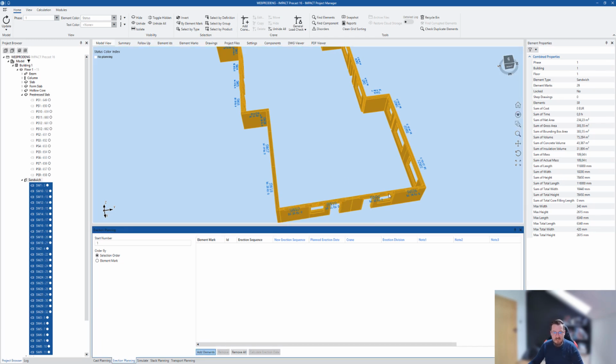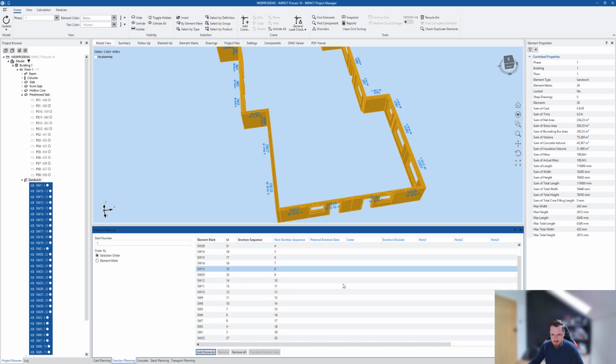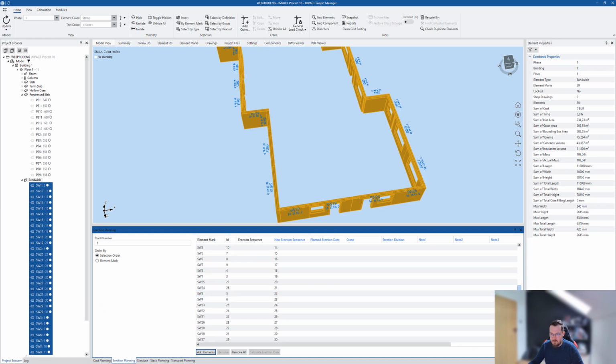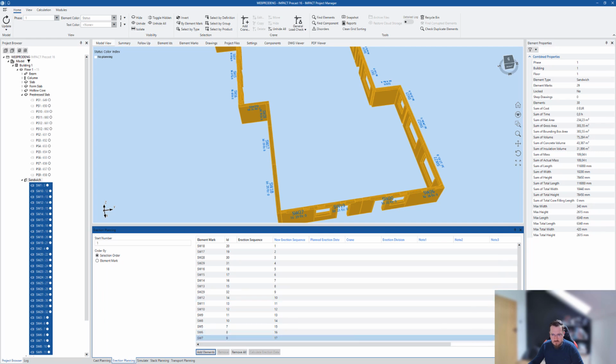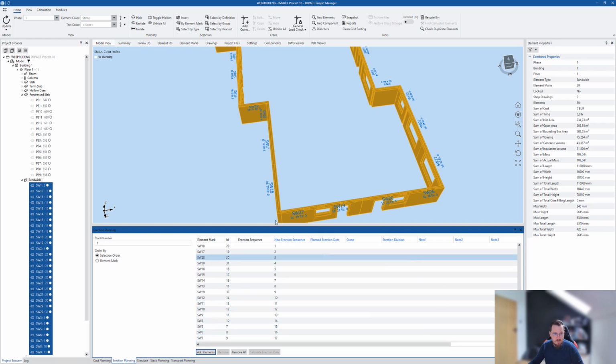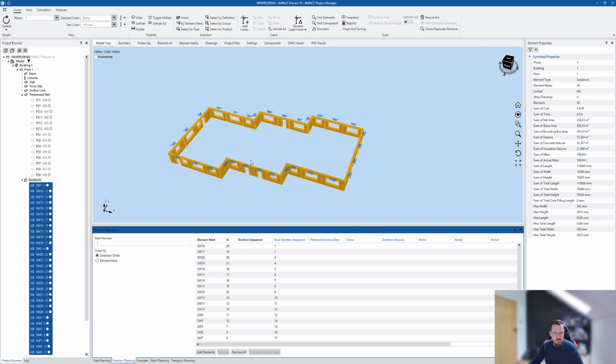and I can add those elements here. They'll be added here. You'll see a new erection sequence in a second. That's quite a bit of walls to add, so it'll just add them for some reason pretty slowly, but yeah, it happened finally. So basically, if I apply that, it will be now saved, but I want to first apply the erection sequence on the remainder of